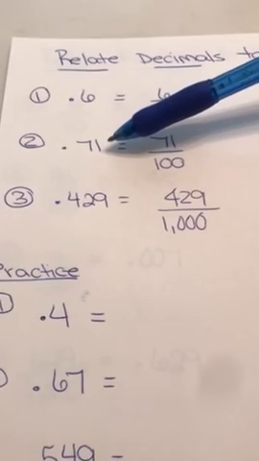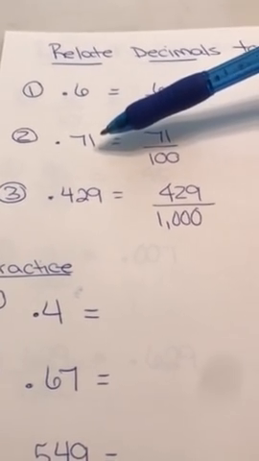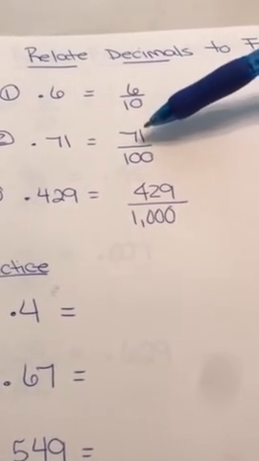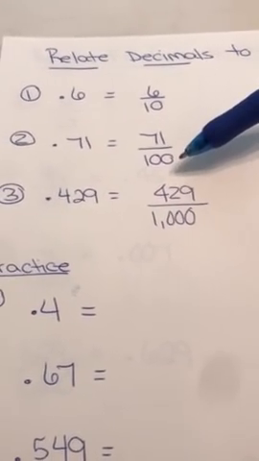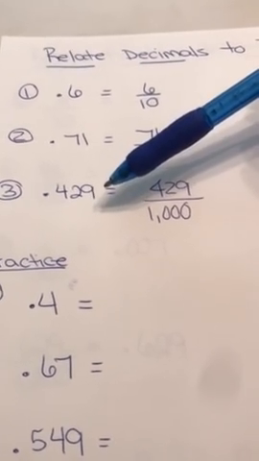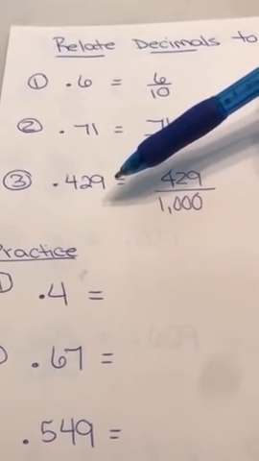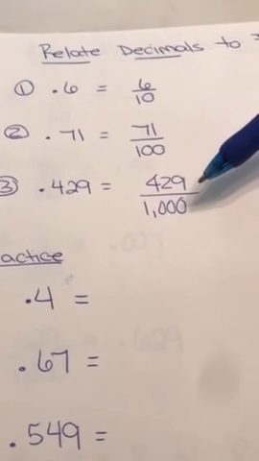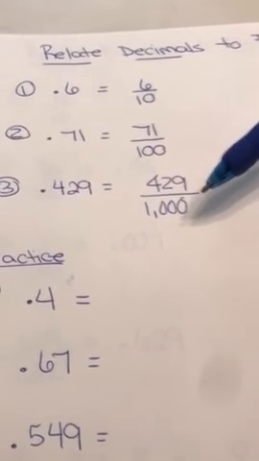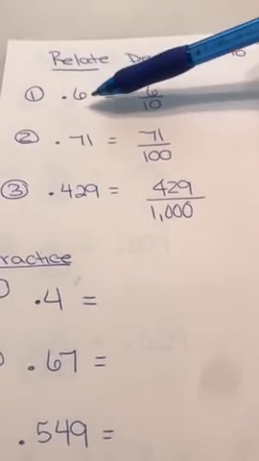If I were to say this decimal, 71 hundredths, how would I write that as a fraction? 71 over 100. If I were to say this decimal, 429 thousandths, how would I write that as a fraction? 429 thousandths. So again, if you can correctly say